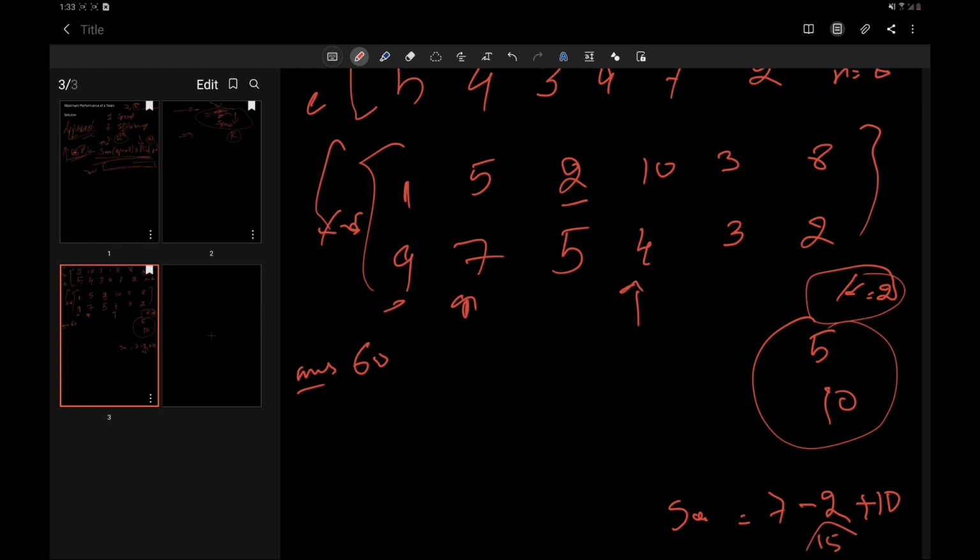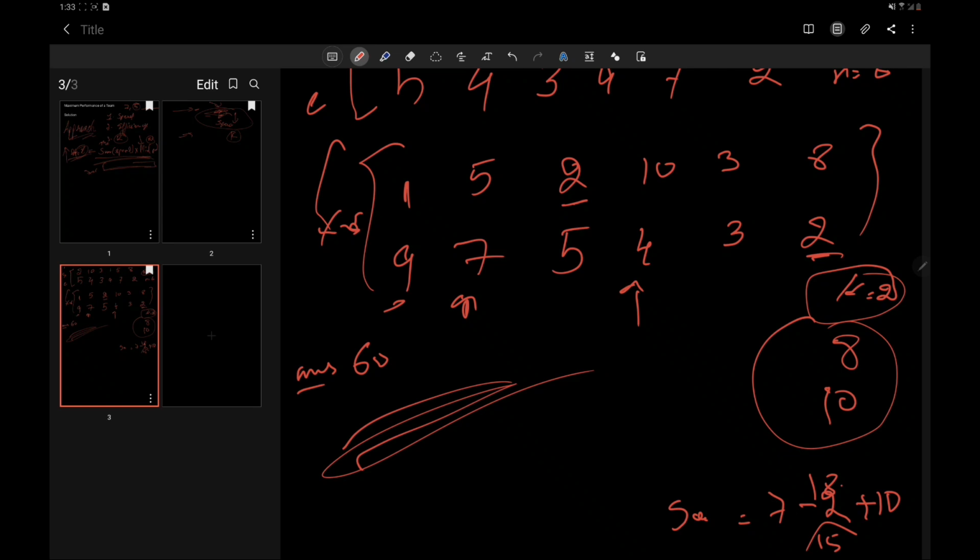Alright, moving on, 3. Since 3 is smaller than the topmost element, we won't add it. Now 8 is greater than the topmost element, so we remove this element, that is we remove 5, and we add 8. 10 plus 8 is 18, and 18 into the minimum, that is 2, 18 into 2 is 36. Since 36 is smaller, we won't update our final answer, so this is our final answer. So I hope the approach is clear to everyone. Now let's see the code for this problem, and if any of you is still facing any kind of difficulty, then it would be clear then.